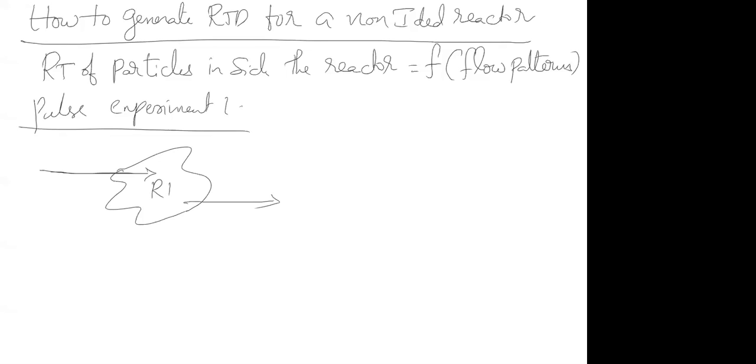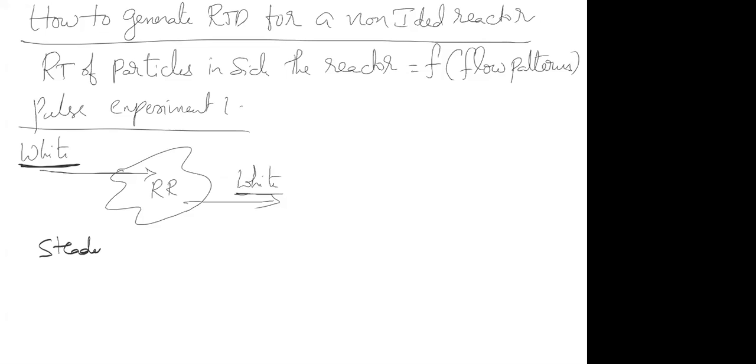You have a small reactor. You send white particles in and you get white particles out of the reactor. Suppose I am doing an experiment with nitrogen, it doesn't mean you have to do RTD with nitrogen only. You can do RTD with any of the gases, because RTD is about flow patterns inside the reactor. Clear? So I'm sending white particles. This is what is called a cold experiment, cold flow. I'm sending white particles and let's say steady state is established.